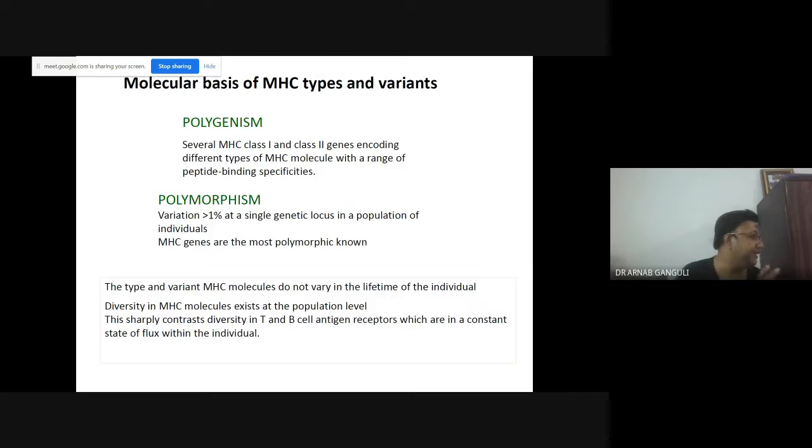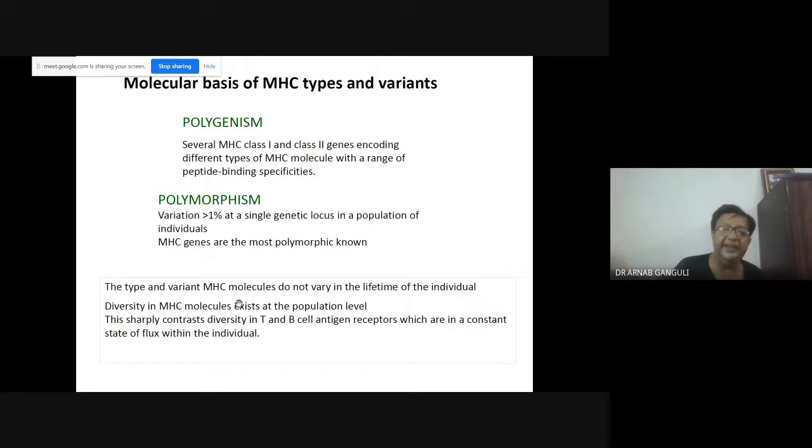অনেক রকম পেপটাইডকেই ওরা বাইন্ড করতে পারে, এই যারা ডিসপ্লে করছে বাইন্ড করছে তো। And polymorphism, variation greater than 1% at a single genetic locus in a population of individuals. দুটো ইন্ডিভিজুয়াল আনলেস তারা মোনোজাইগোটিক টুইনস, মানে একই রকম দেখতে টুইনস হয়, তো নর্মালি এদের MHC ইজ নট কম্প্যাটিবল, আলাদা থাকে। So you can use it as a polymorphic marker, প্যাটার্নিটি টেস্টের মধ্যে। এই জিনটাকে অ্যাম্পলিফাই করে দেখলে যে এখানে জিনের চেঞ্জ আছে, রেস্ট্রিকশন এনজাইম দিয়ে কেটে ইউ মেক আ ব্যান্ড, দেন ইউ ক্যান সি এ ডিফারেন্ট টাইপ অফ স্মিয়ার। মা বাবার সঙ্গে ছেলেদের অনেকটা সিমিলার প্যাটার্ন আছে, কিন্তু সেম থাকবে না।